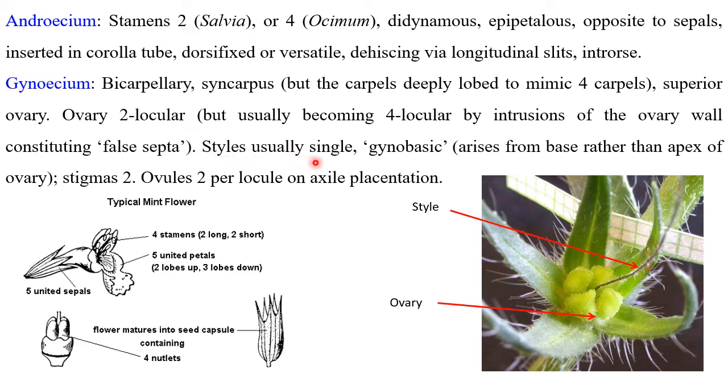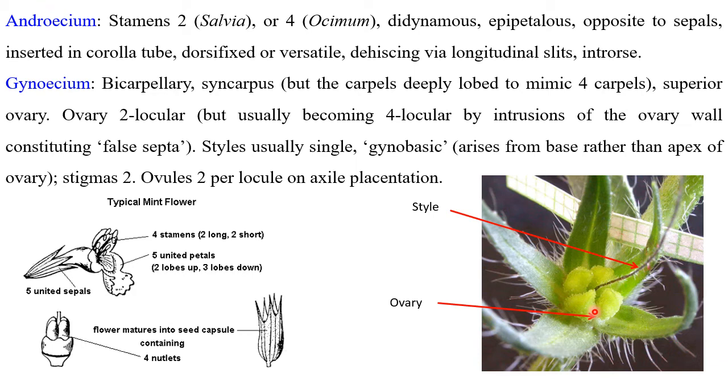Why? Because 2 chambers are there within the ovary. Styles are usually single in number, and that is called a gynobasic style. See here what is a gynobasic style. It arises from the base rather than the apex of the ovary. If you look into this, this is one ovule, this is another, this is another, and this is another. And if you look into this style, instead of arising from the tip of the ovary, it is arising from the base, and this is a distinguishing characteristic feature of this family,